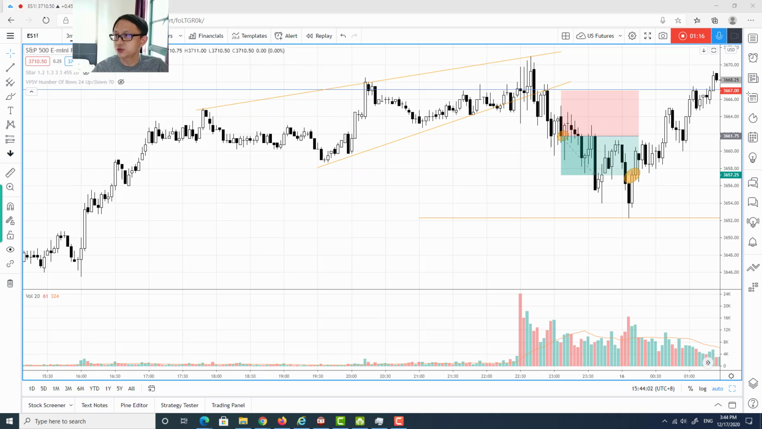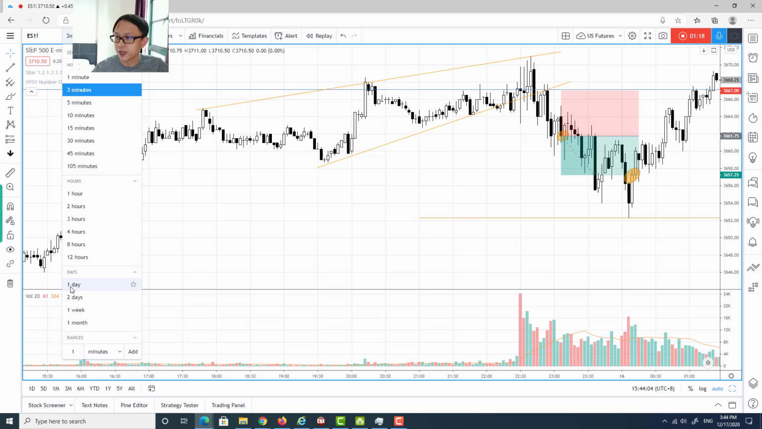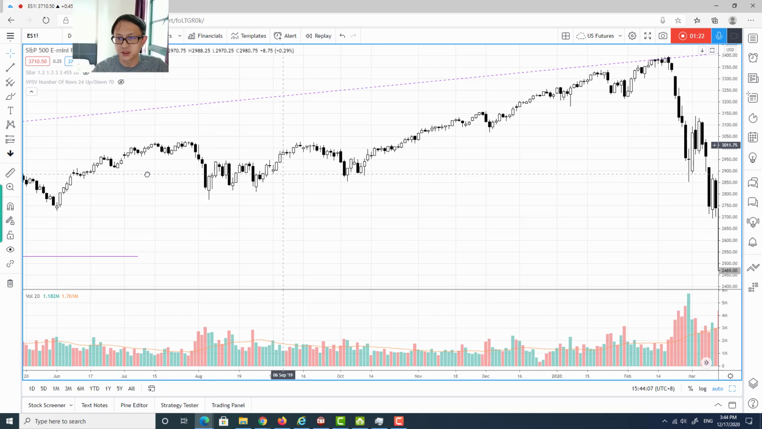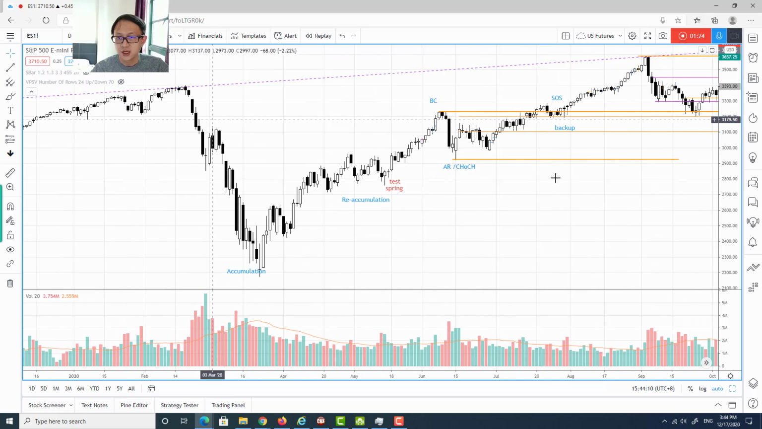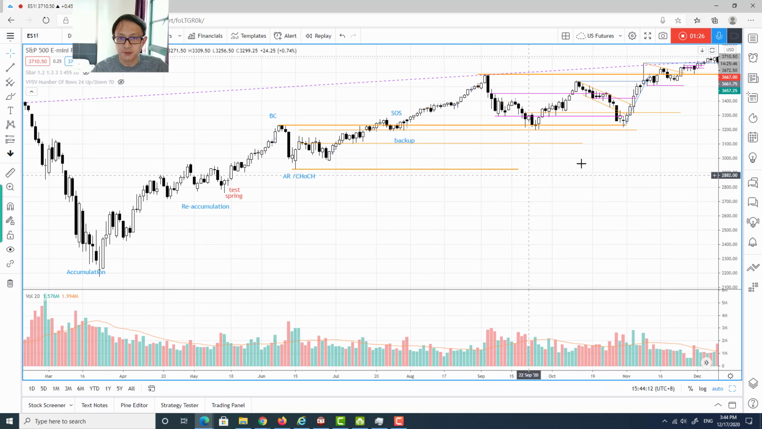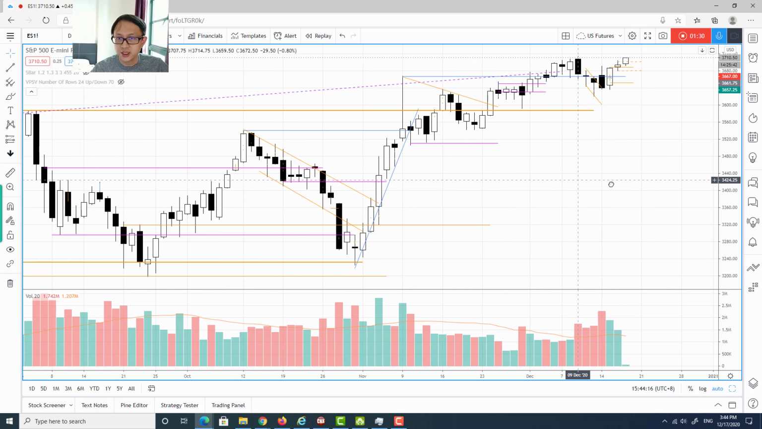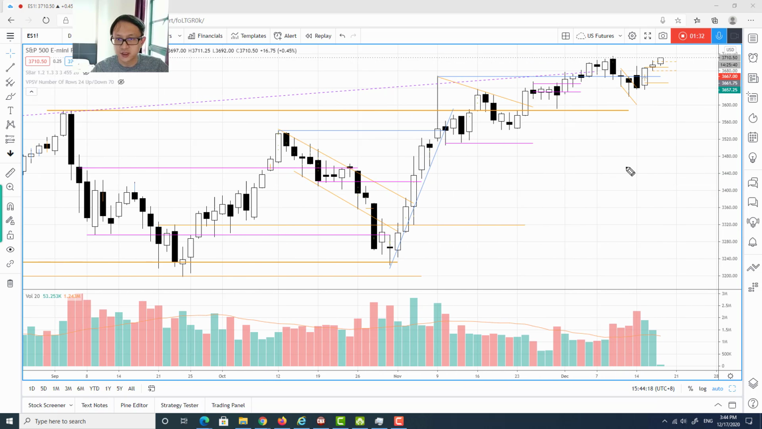So as usual, let me go back to the daily time frame and let's just start from the daily chart to give us a quick overview of what's happening for the past few trading sessions. So as we can see in this daily chart of the S&P 500,